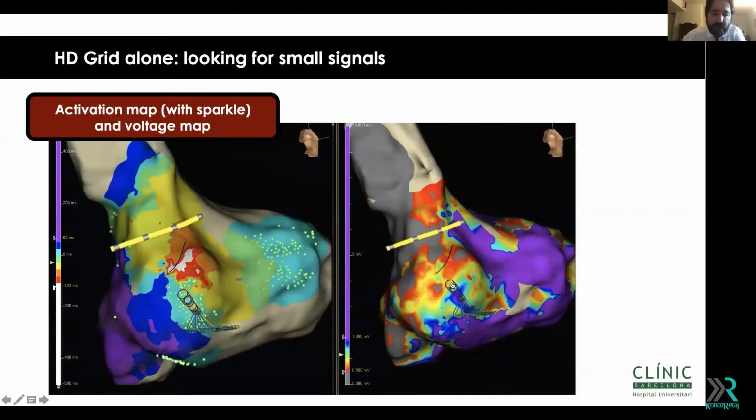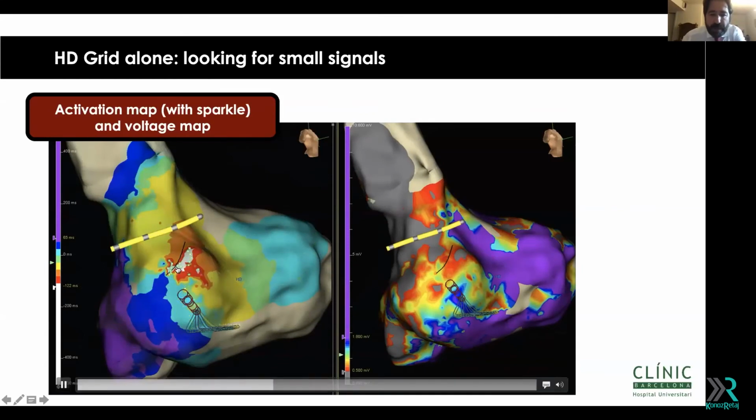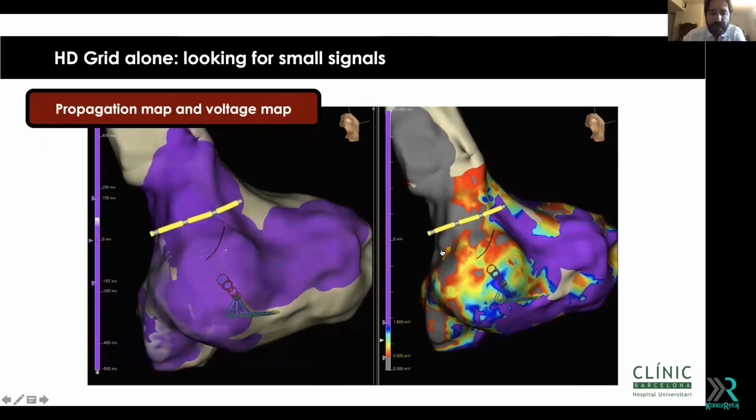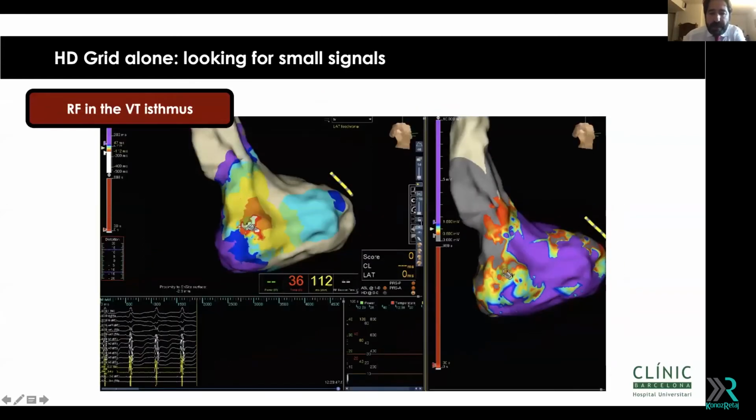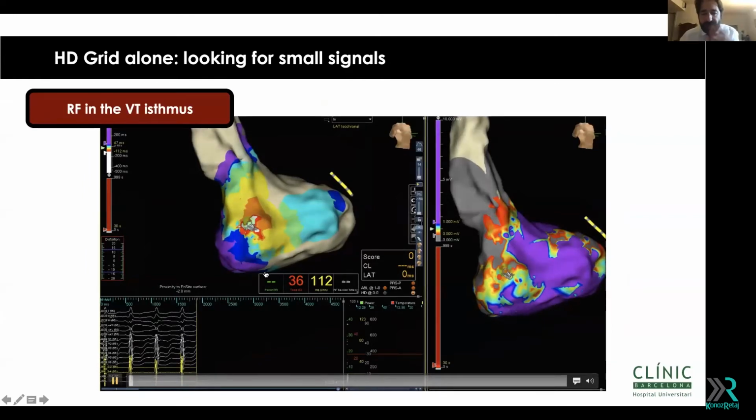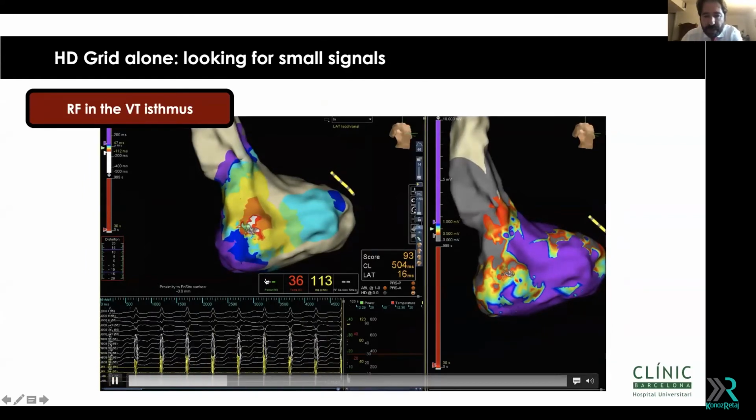And actually, if you see the video, the sparkling map, you can clearly see the activation of the VT during this figure of 8. And actually, this VT isthmus corresponds with this border zone channel inside this scar. So actually, you can see again the propagation map with this figure of 8 VT in this septal scar. And just by ablating here, you will see that in a few seconds, we will start the ablation, single shot